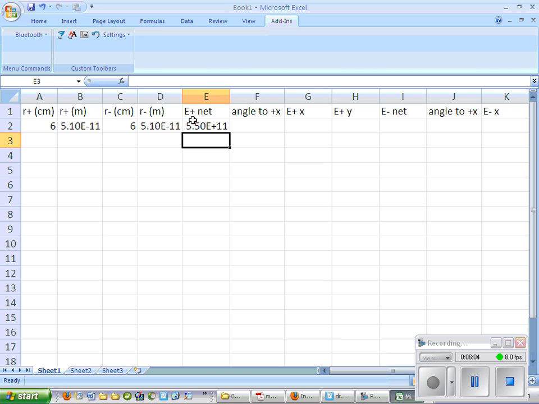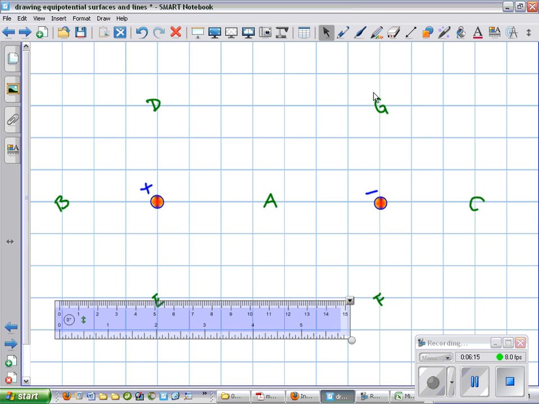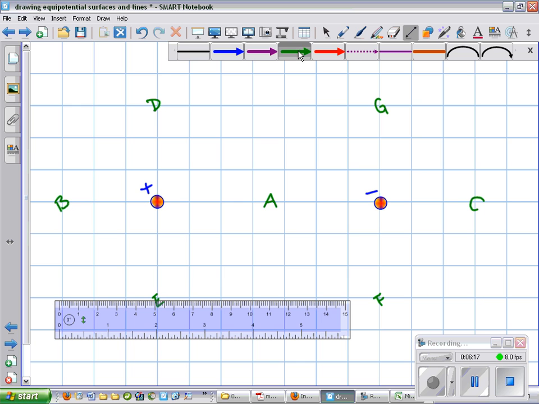And let's look back at our picture to see what direction that's headed, to see if I need to put a positive or a negative when I change it to components. So back to our picture. Okay, we are now looking at point A,